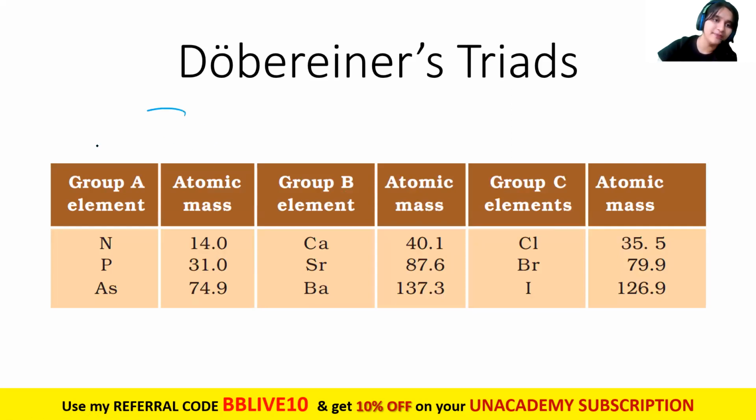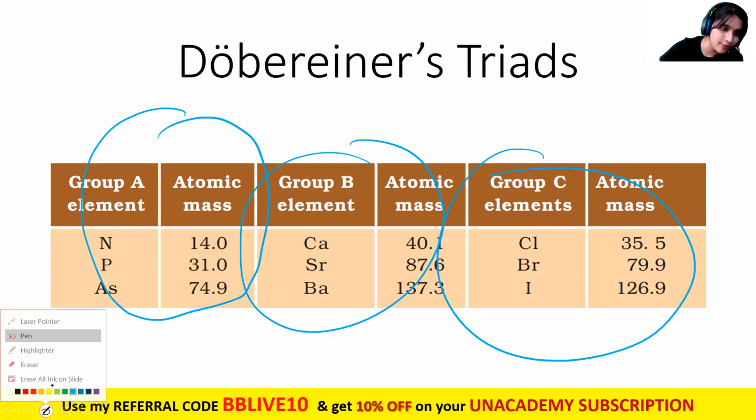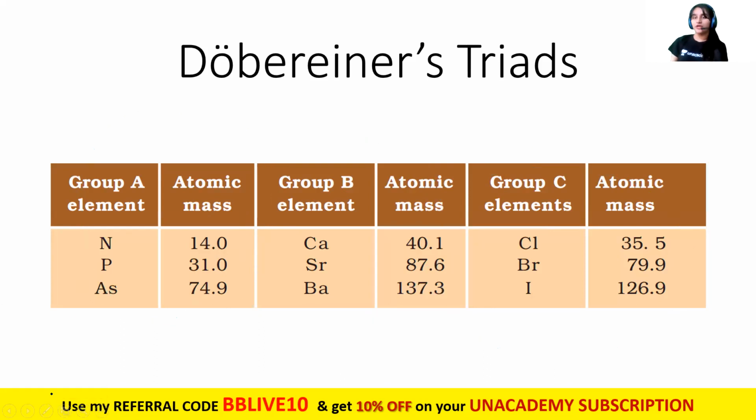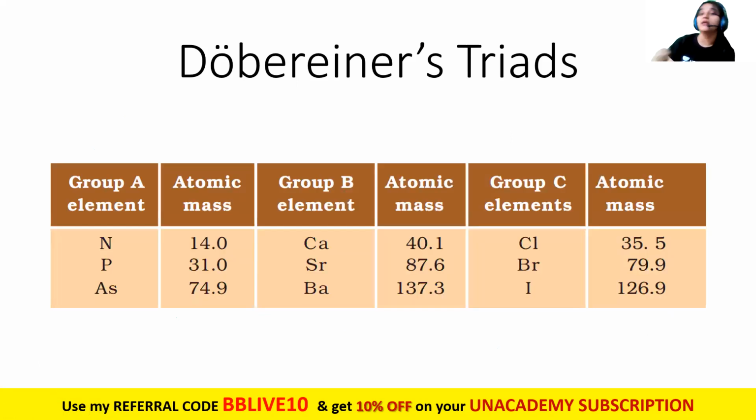First, we have NPAS, then group 2 and group 3. Chlorine, bromine, iodine, one of my favorites. So you need to at least remember 2 examples of the triads. The first is Li Na K, that is lithium, sodium, and potassium. Very easy to learn also. And the second, if you go by my favorites, would be chlorine, bromine, and iodine. So remember at least 2 of them because you need to write at least 1 example in your examinations. And I don't want you to rely on only one. You should have a backup. Learn at least 2.